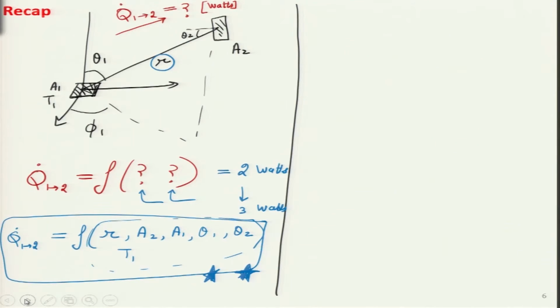I think we spent a lot of time on this last time, and I repeatedly said that this allows us to figure out just by the process of thought that for two given surfaces over here, if surface 1 is at some temperature T1, what are the parameters that the amount of radiation emitted which is intercepted by the surface 2 depends on. So, we had figured out these set of 6 parameters, which are primarily area A1, A2, theta 1, theta 2, R, which is the distance between them, and the temperature of the body 1 itself.